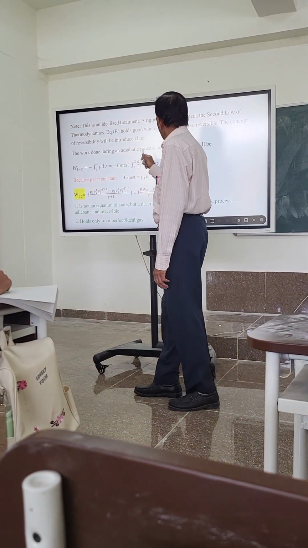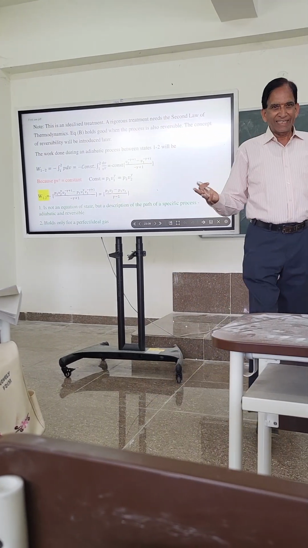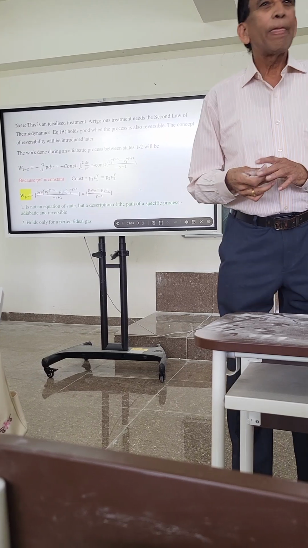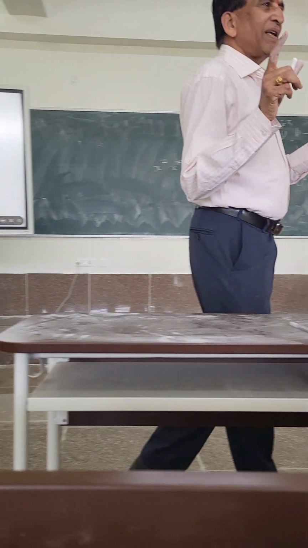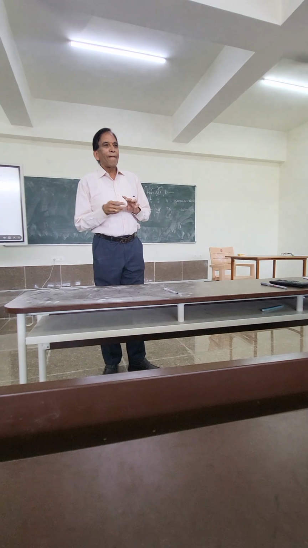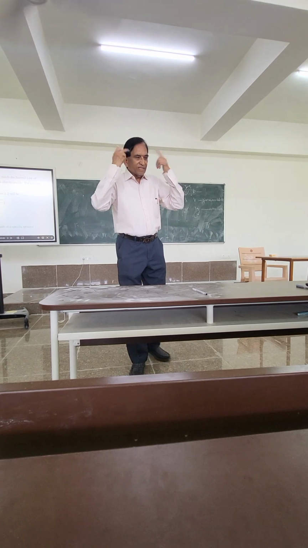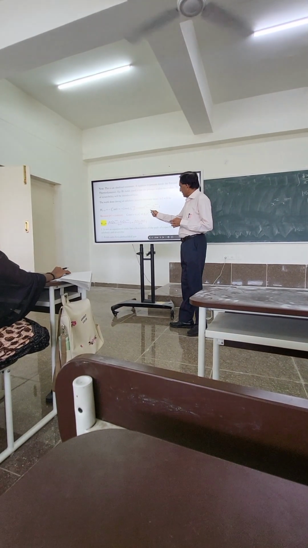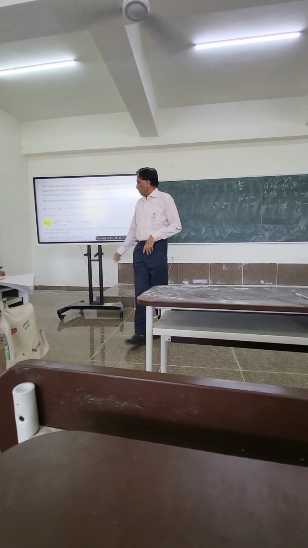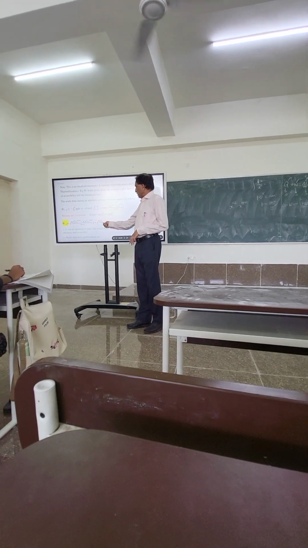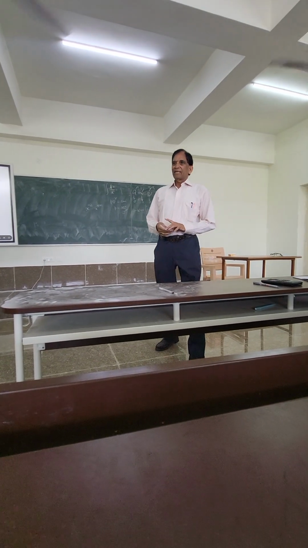negative of P2 V2, but remember the denominator is minus gamma plus 1. So gamma should be greater than 1. Why is gamma greater than 1? How did we define gamma? Cp by Cv. And what is the nature of Cp and Cv, which is bigger? Cp. So Cp by Cv, gamma will be greater than 1. Simple, common sense. So the denominator is negative, and this negative sign will absorb and make this one common. So that's all. The work done in an adiabatic process is (P2 V2 minus P1 V1) divided by gamma minus 1. That is the equation for the total amount of work done in an adiabatic process.